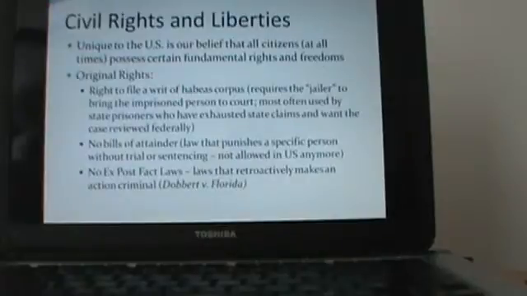There are also no ex post facto laws. As our text outlines, the Daubert v. Florida case is a failed example of someone trying to assert the no ex post facto law. Mr. Daubert committed several murders in the early 70s. In the mid to late 70s, he was convicted and was sentenced to death. In the mid to late 80s, the death penalty was